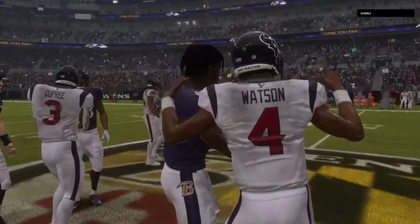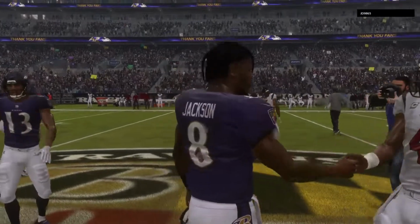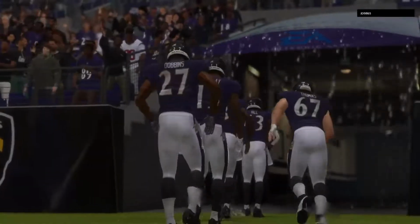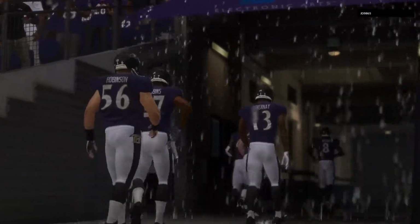And we talked so much about the turnover battle determining who wins and who loses. This game, no exception. They didn't turn the ball over at all, and they go on to victory. They look like a smooth operation in this one, didn't they? Because you look at every facet of the game, they